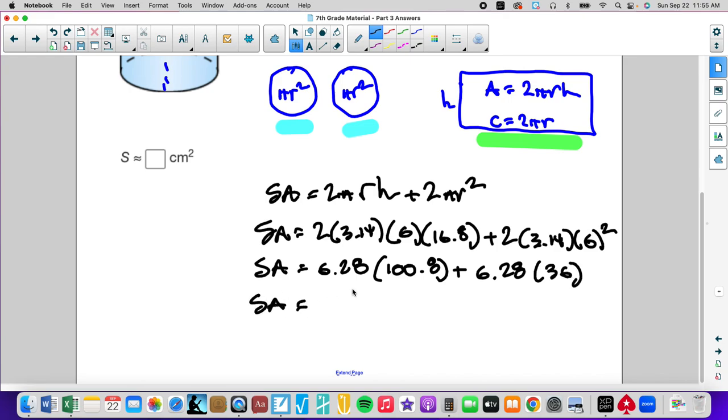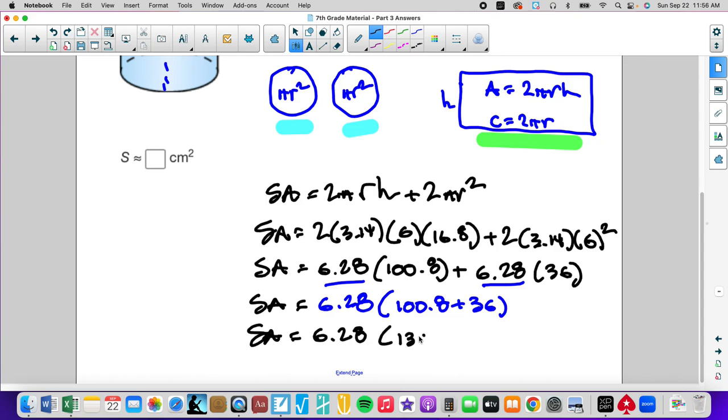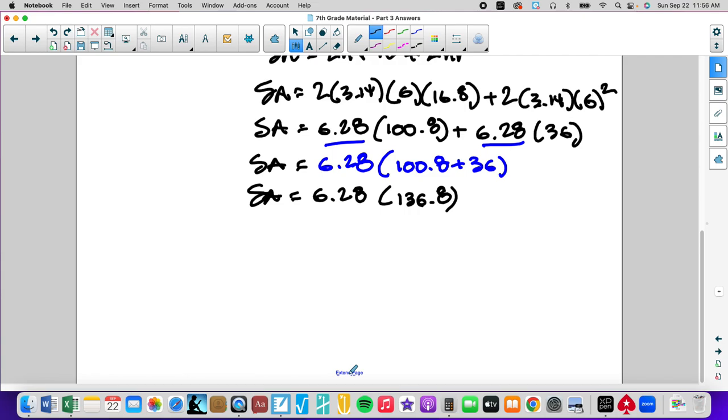Some advanced math, we notice that we're multiplying by the same 6.28, so I can factor that out, and I can add these two values, and that gives me, just to make less calculations, 6.28 times 136.8, and then we can do that in the calculator, and we are going to get surface area of